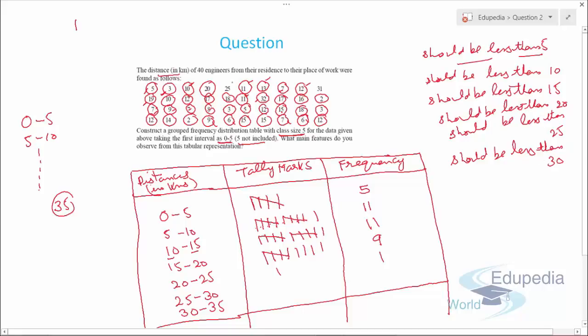So this will be 25 only, one value. So one tally mark and one frequency. Then 30 to 35, there is only again one. This is the value. Any other value you can look. You can look properly, right? So this is the one value,